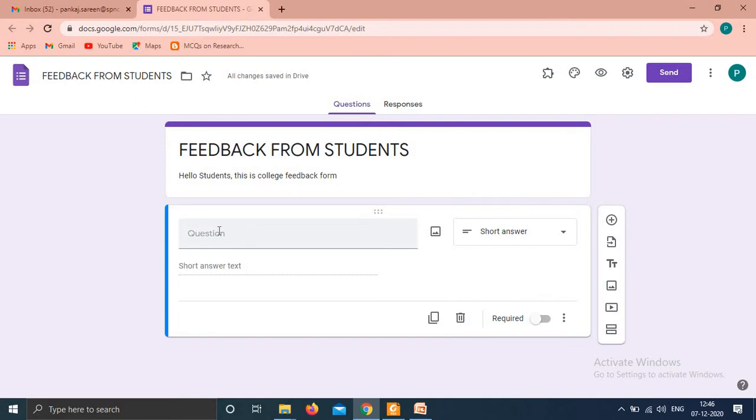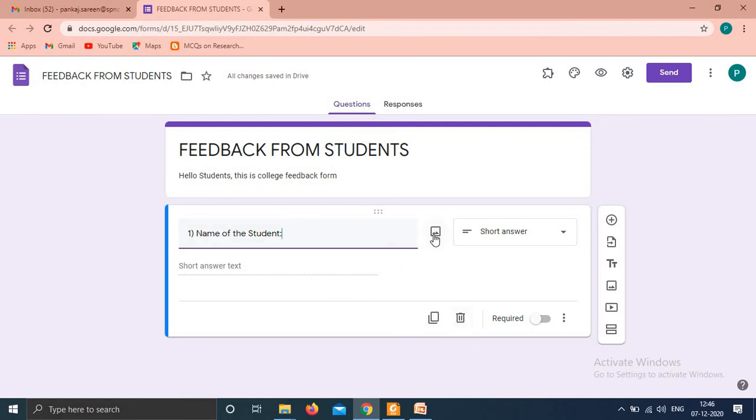So here you can write the name of the student who is giving the feedback. And other options are, see, if you want to delete it, you can delete from here.